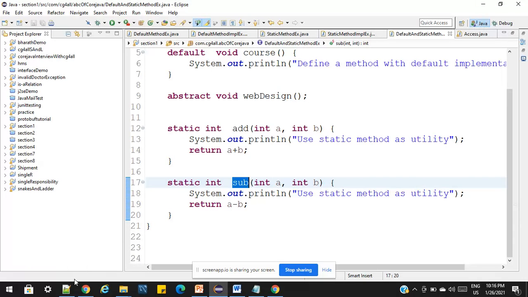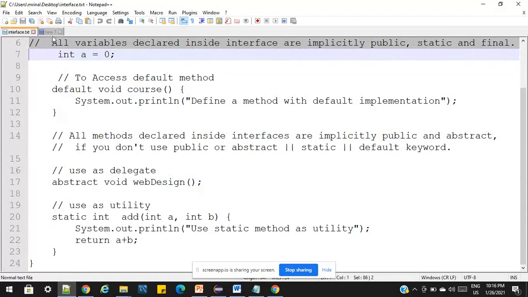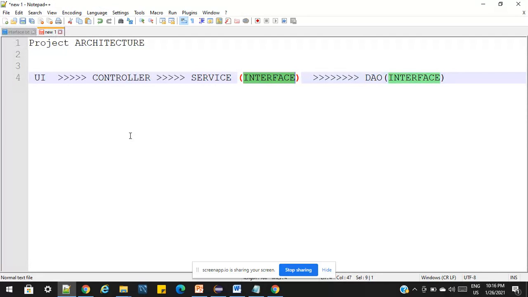Let's understand. So we are defining a project either in India or in UK, Silicon Valley or Johannesburg, wherever you are implementing, anywhere across the globe. Basically, at the higher level we are almost the same. Top level I am talking about. UI layer is talking to controller, controller talking to service layer, talking to DAO layer. So basically the service layer and DAO layer are using the interface. Service layer methods and DAO layer methods are replicas of each other.